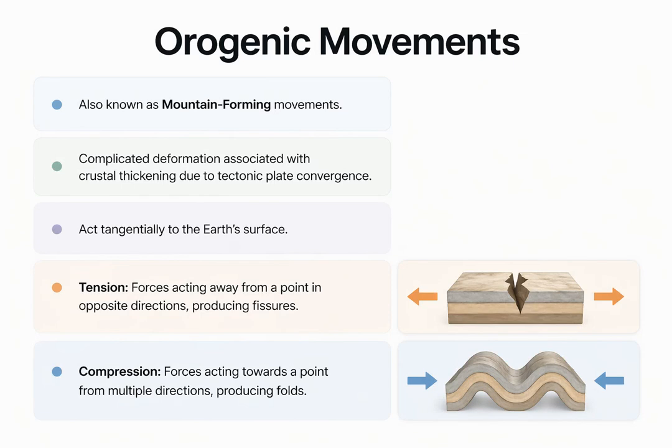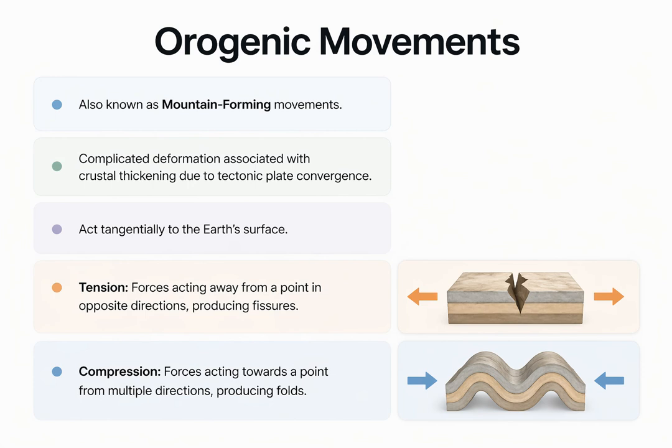Shifting gears from the vertical epirogenic movements, we have orogenic movements, which are mountain-forming movements. These are much more complicated deformations of the Earth's crust. They are primarily associated with crustal thickening, which happens when tectonic plates converge and crash into one another. Unlike radial movements, orogenic movements act tangentially or sideways along the Earth's surface. When these tangential forces pull away from each other, it creates tension, which tears the rock and produces fissures. When the forces push towards each other, it creates compression, which crumples the rock and produces massive folds, eventually lifting